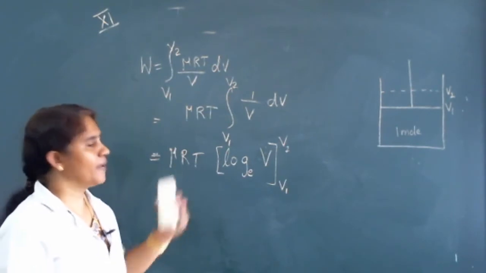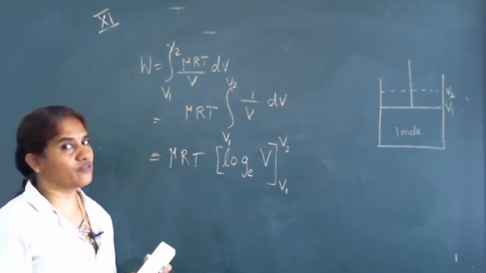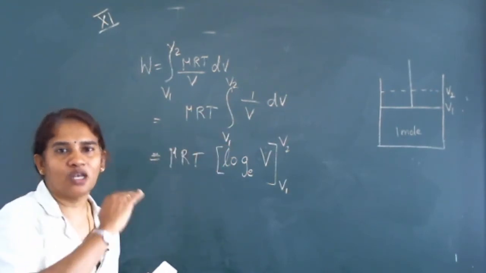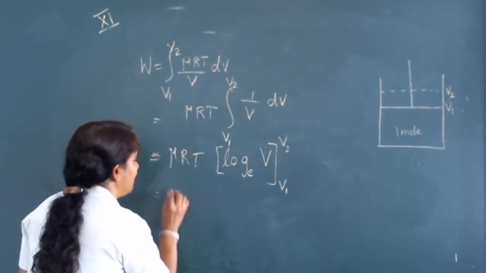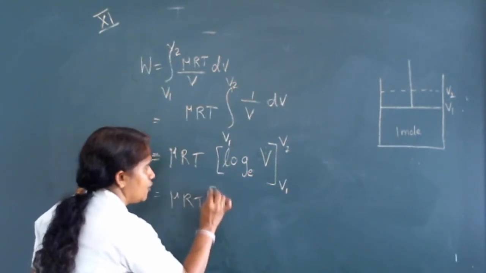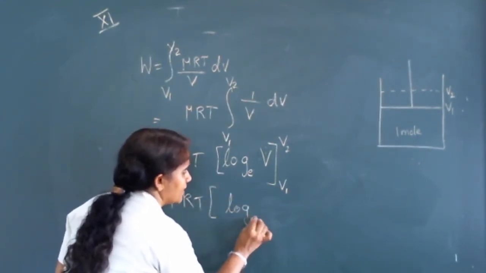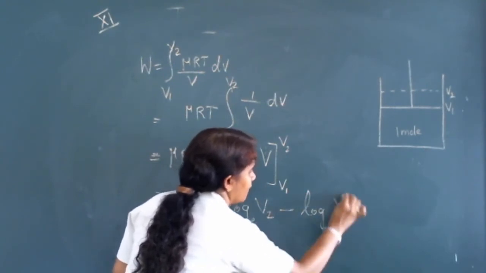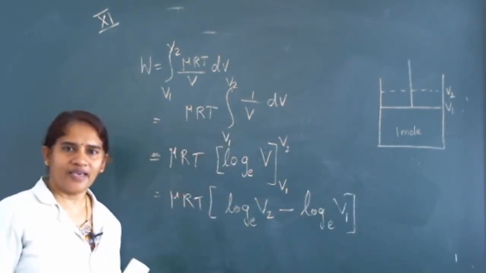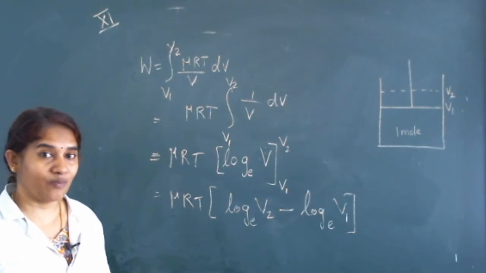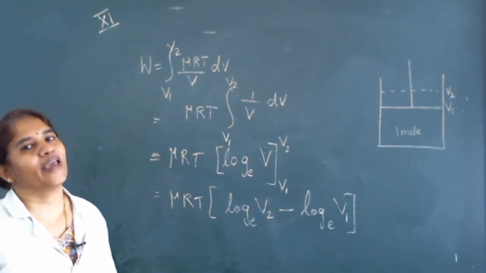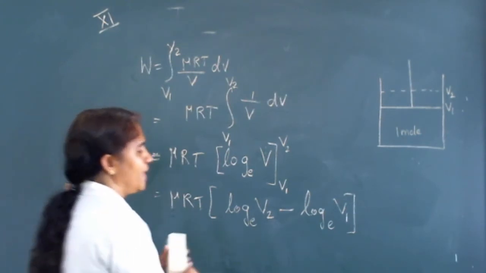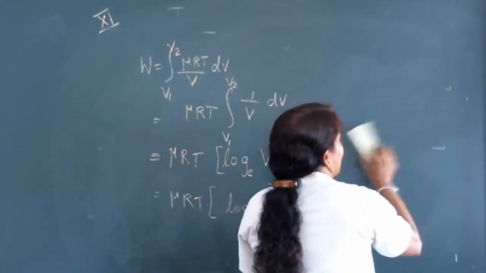Clear? Applying the upper limit and lower limit, what is the format? Upper minus lower, upper limit minus lower limit. So it will be mu RT into log to the base e V2 minus log to the base e V1. Okay, what is log A minus log B? Log A by B. Therefore, here mu RT log to the base e V2 minus log to the base e